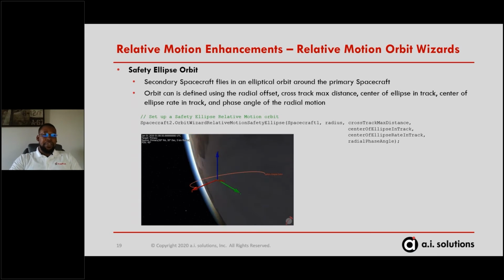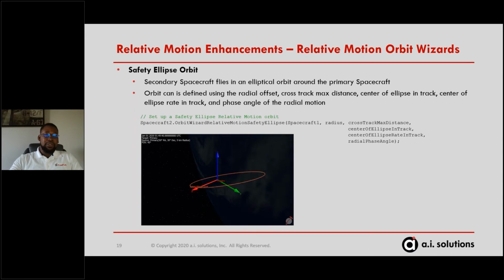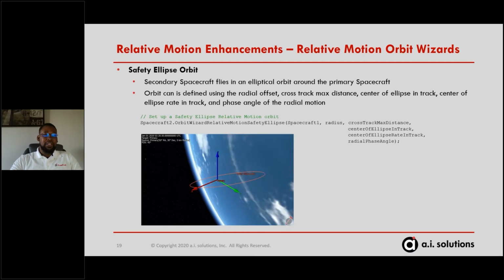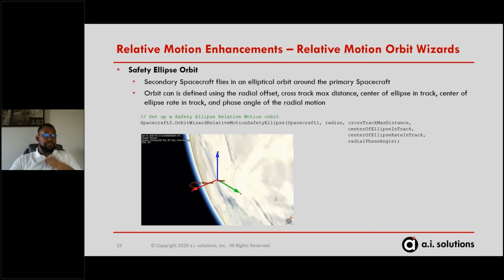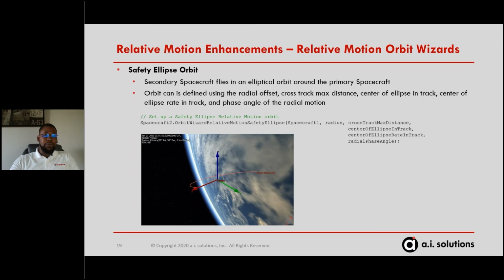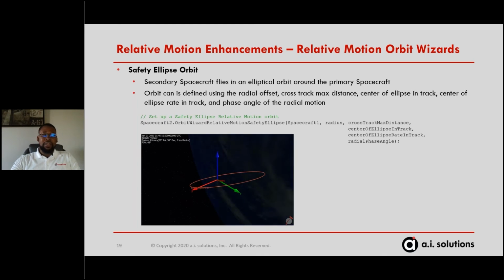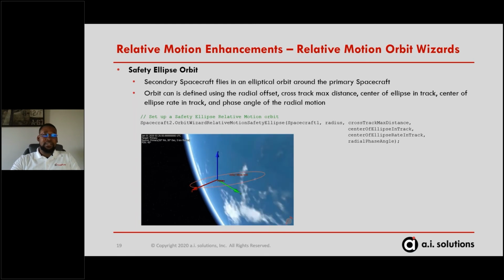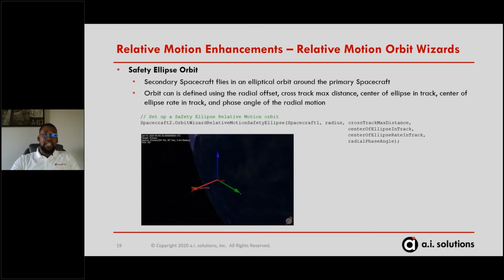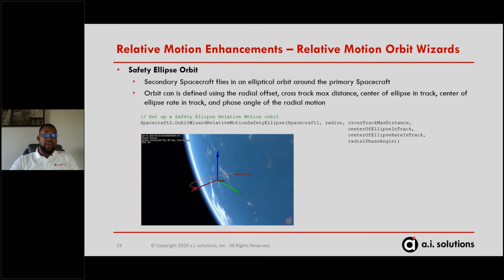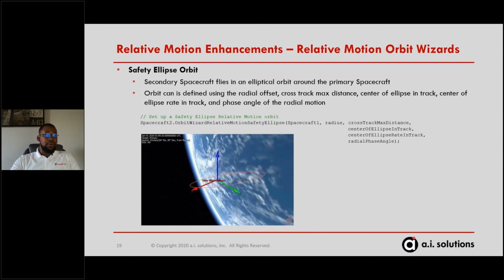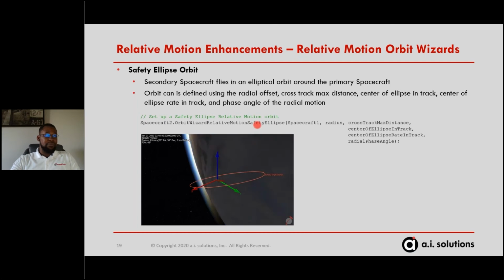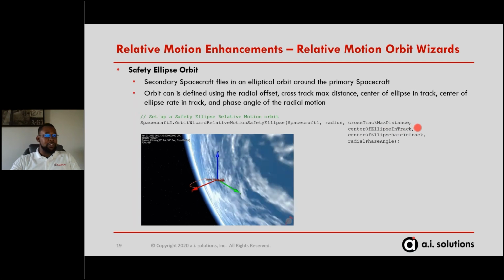The next and our fifth orbit wizard is the safety ellipse orbit wizard. This provides the ability for a secondary spacecraft to fly in an ellipse around the primary spacecraft, where all you have to do is define your radial offset, your cross-track max distance, the center of your ellipse in the NTrack, and then the center of the ellipse rate NTrack, as well as your phase angle and radial motion. So we can see here that this is done with this simple setup: our radius, our cross-track, center of